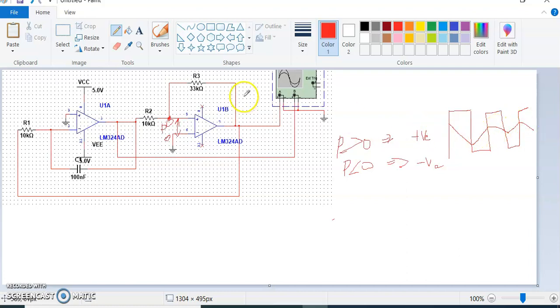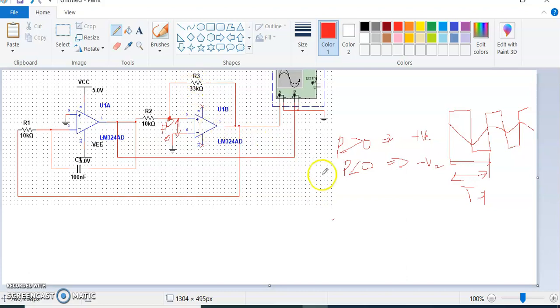Here in this circuit, we are going to find out the frequency of this output signal. Frequency can be found by taking the inverse of the time period of the signal. This is a complete time period of our signal. If we take the inverse of this, we'll get the frequency. The frequency of the two signals is the same. That frequency value depends on the resistance value R3.